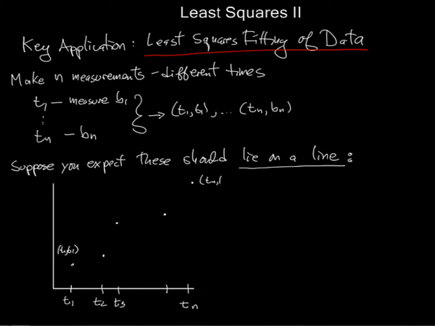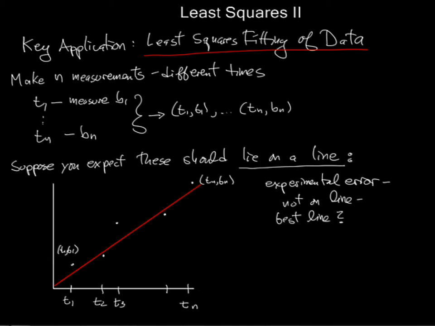Well, if everything was perfect, these would lie on a line, but of course this is an experiment, so it doesn't. They lie approximately on a line, and the question is, what's the best line, the best fit for a line? Well, it looks something like this,